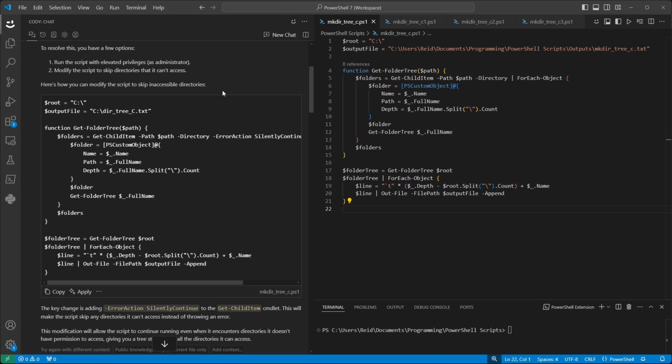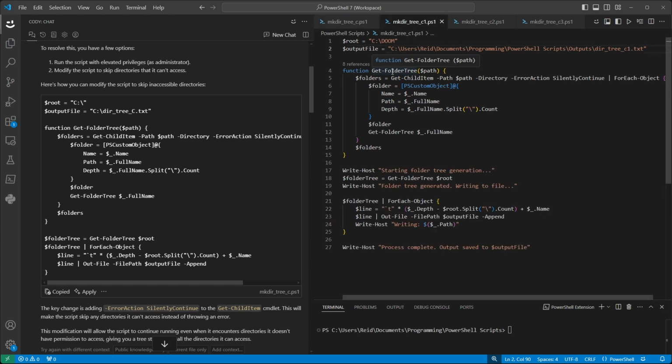So you'll see a little bit of discrepancies or a change when I move through the scripts. But here it's for the C folder, and it rewrote the script. So what I did is I copied it down here, made a new file and pasted it in, and then I edited it just to do a smaller folder,